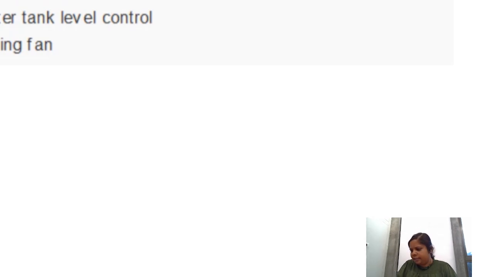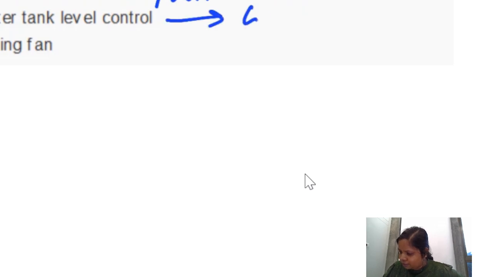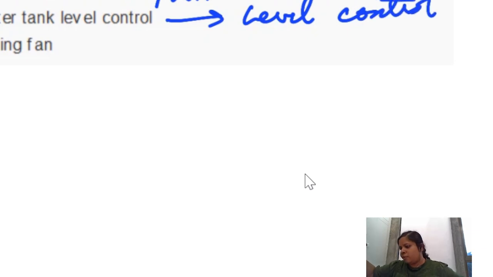Ceiling fan. Okay. So yeah, ceiling fan is open loop control, because in an air conditioner you always want to maintain the temperature. This should be the temperature. Servo motor, you have position control. You want to stay at a position, it should stop at exactly that point. Here it is level control, that water should be up until this level only, not above and not below this